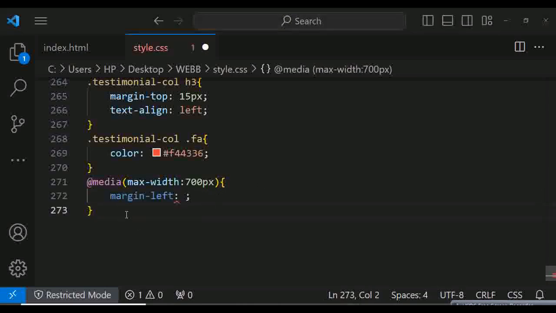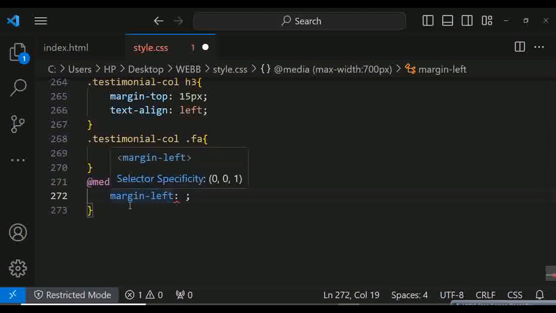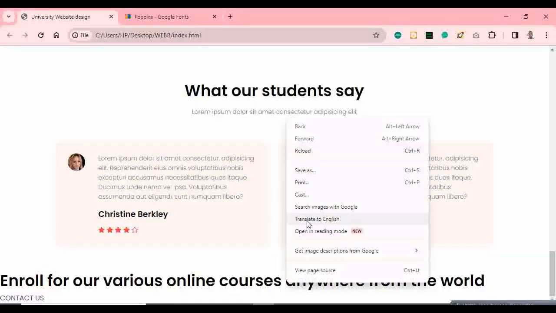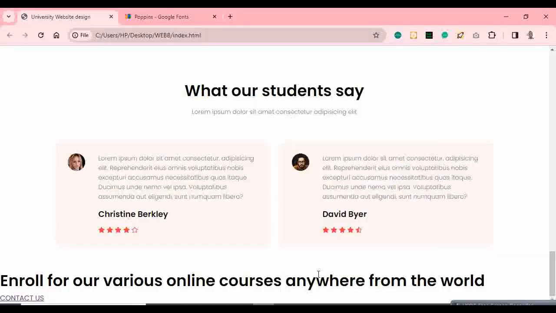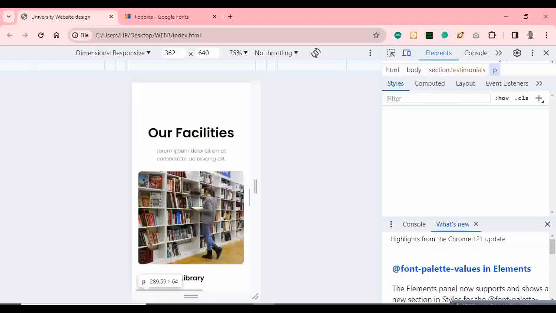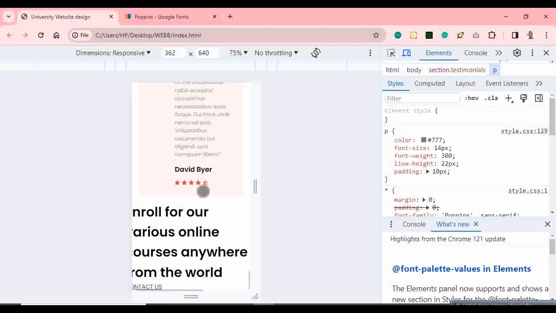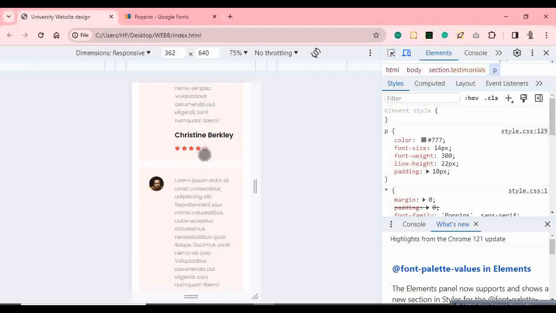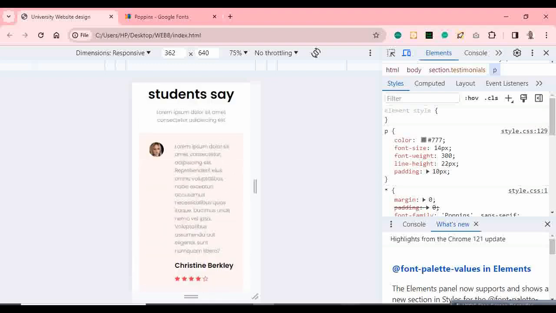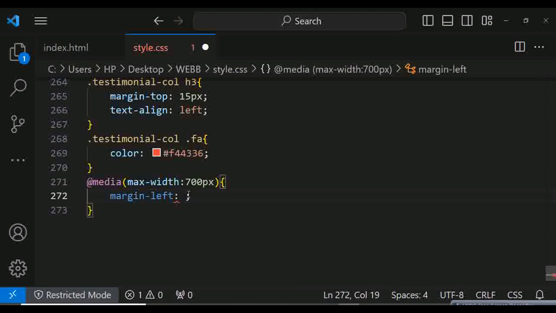So there was something we did wrong in this place before. For this media query, we're trying to create space for the image in the small screen. So let me show you. For the small screen, we're trying to create space. Okay, for this. So the right thing to do was, before this,